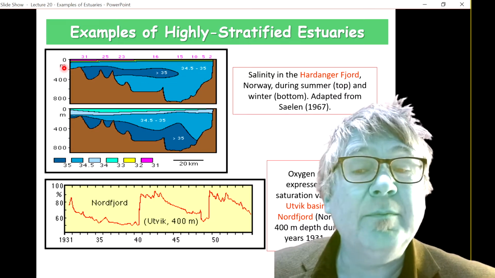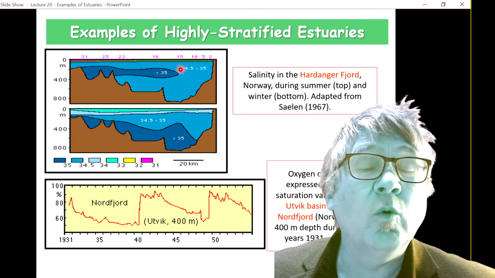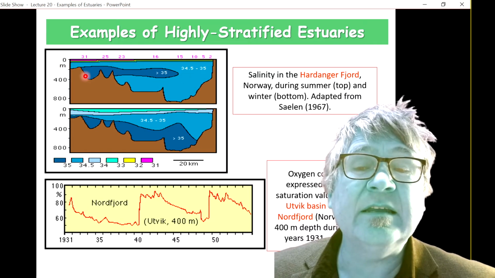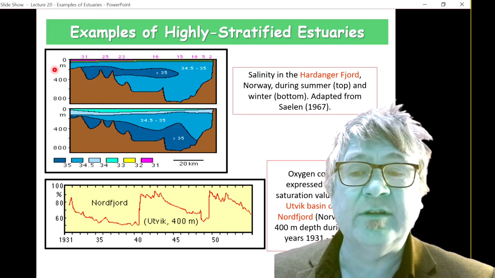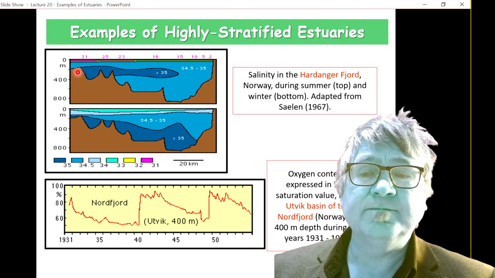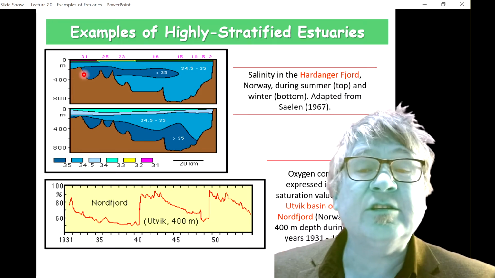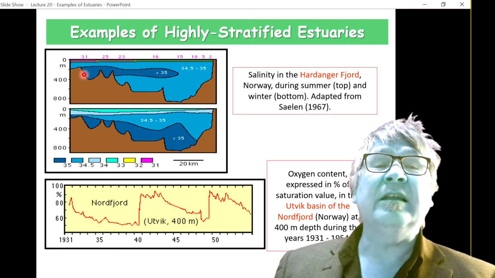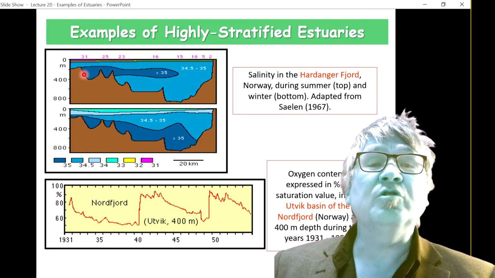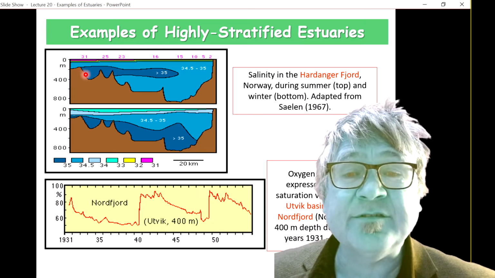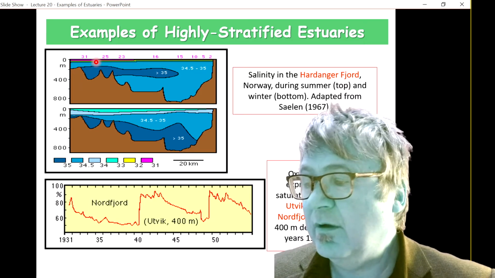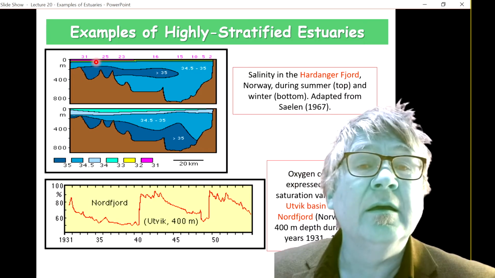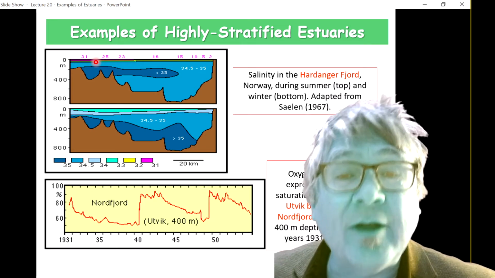And there is an example of an inflow of higher salinity water here. You see a tongue of water coming. This is the connection to the open ocean. Okay, and this is typical of the salinity distribution in highly stratified estuaries. You can see that the salinity increases as you move down, and this can only be created through entrainment of